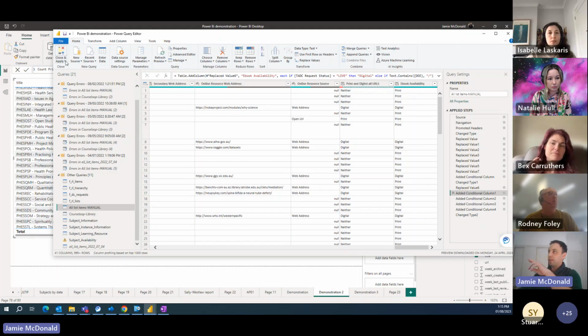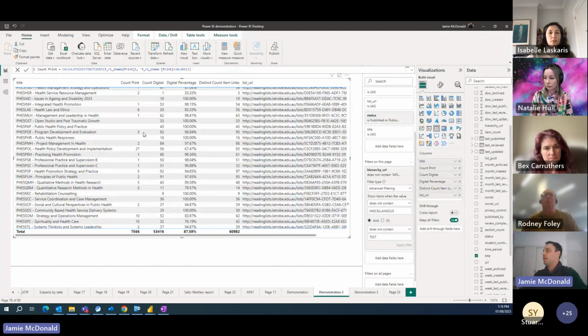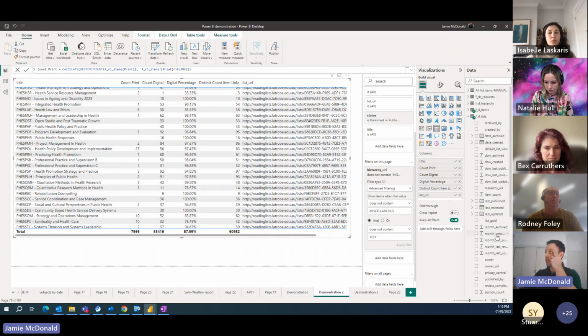Okay. So that's one example of how I think, from within the Power BI app, Power Query is pretty powerful, pretty useful. The second one would be the DAX, which I forget what it stands for now, but in my mind it's similar to running a formula in Excel. If you ever use the formula function, it's kind of like the Power BI equivalent. It's using a specific language. I haven't used it extensively, but you can create